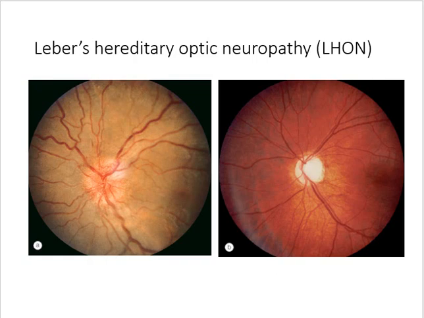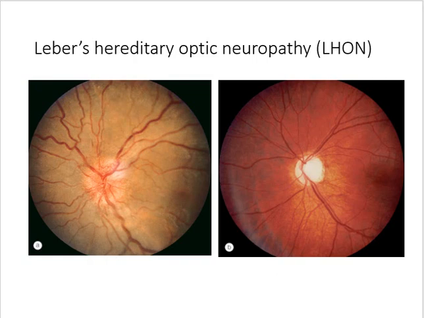Now, these are very rare, so it's unlikely you'll ever come across these clinically, but sometimes you will, particularly if you go and work in the low vision setting, and you might have a few patients, children, with these problems. So it's a good idea to just be aware of them. So Leber's hereditary optic neuropathy is caused by a mitochondrial DNA mutation, which is inherited through the mother, and it